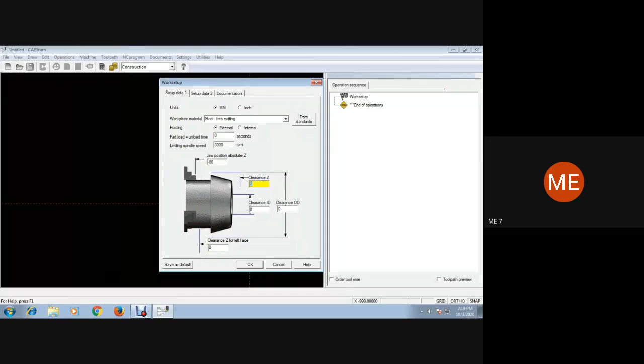Right. So the next thing that is going to be there is the clearance Z. We used to keep start Z, there used to be an option in CNC turn, right? We used to give 2 mm. So similarly over here, the workpiece should start from which particular coordinate after machining, not before machining, after machining.